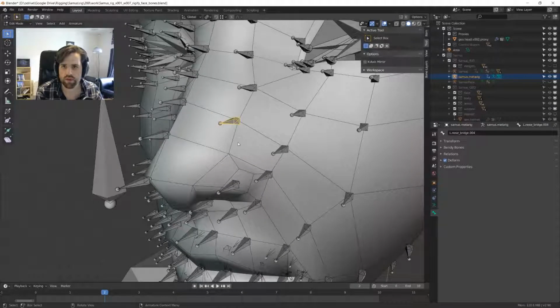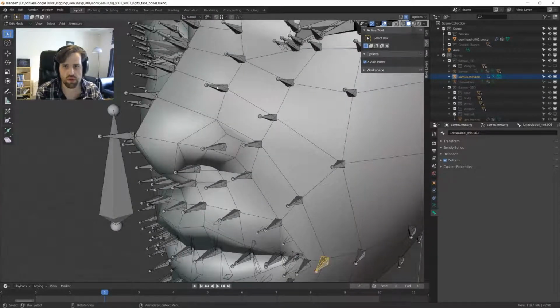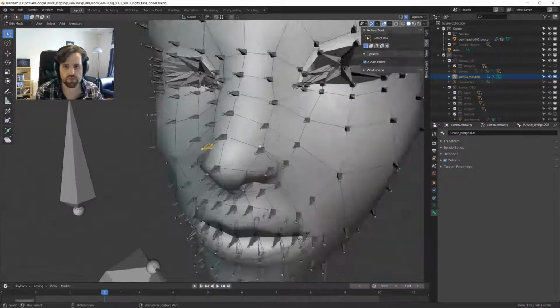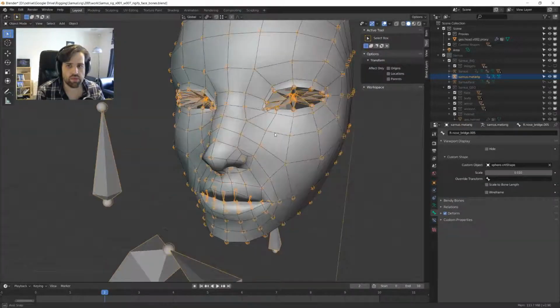I think I'll duplicate this one right here, and I should have had the x-axis mirror checked, and now if I duplicate it, it duplicates on the right side as well, and Blender is smart enough to fix the names for me, so this is good. Let's go back to